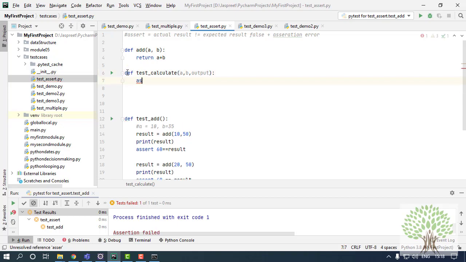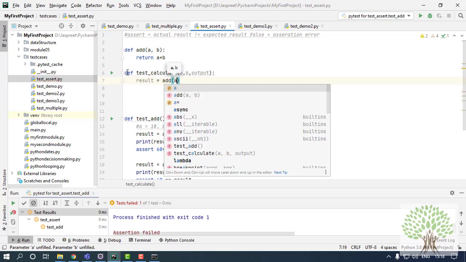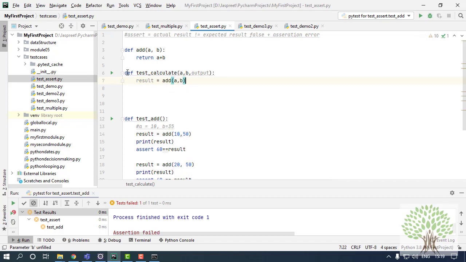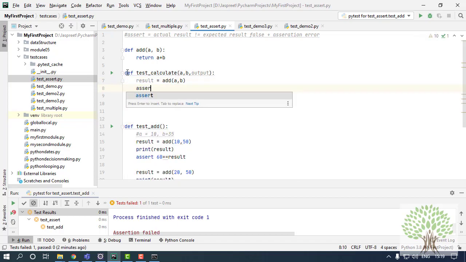And over here, I have to call the function, result equals add a and b. And at last, I will be using the assert keyword to compare the output with my result. This is what I will be doing.